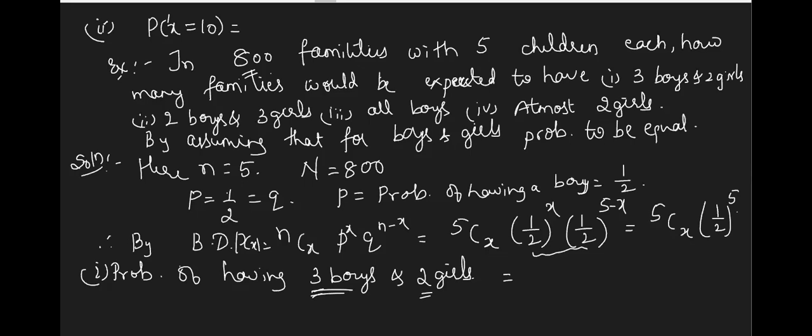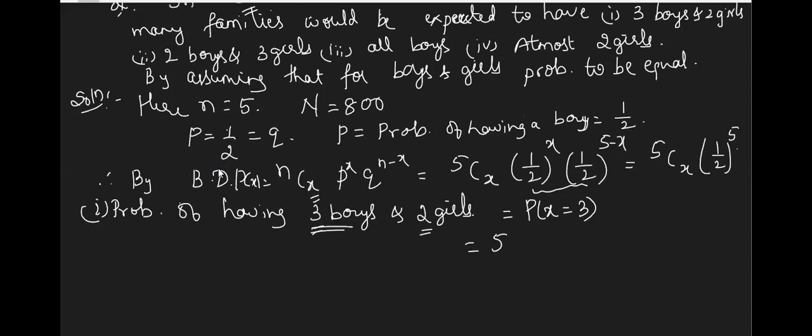The main important thing is this N and this X that you take. This is related to P. So out of N trials, this X is the number of successes you are getting, and success is nothing but P. Hope that is clear. So P of X equal to 3 I have to take. Only one calculation. Do it. 5C3 into 1 by 2 raised to 5. How much? 0.3125.